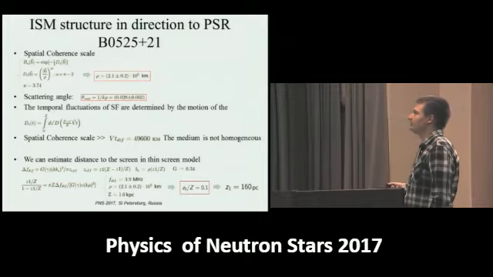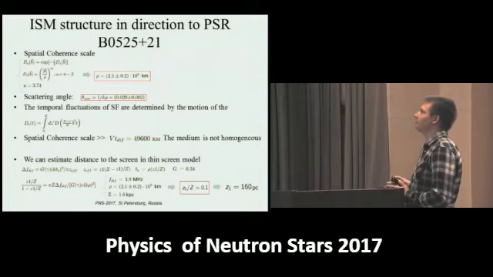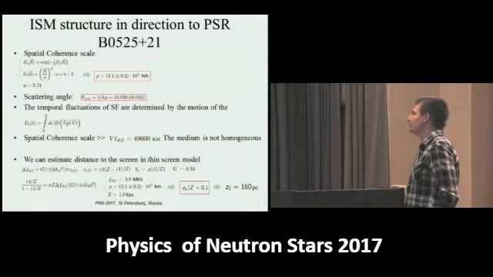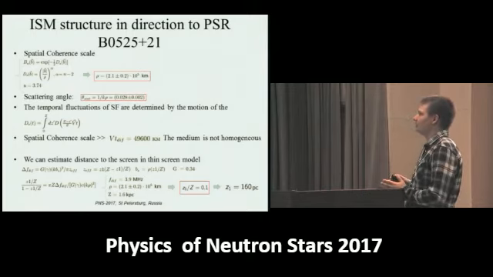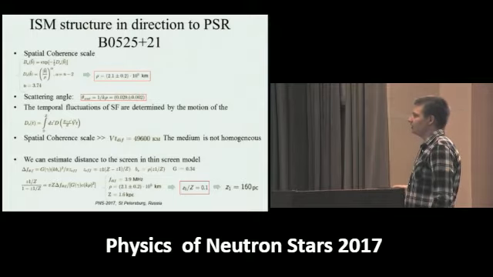You can see that our spatial scale is much larger than the scale associated with the velocity of the pulsar, and this means that the medium is not homogeneous, and the center of mass of our medium is shifted toward the pulsar. And with a model of one single screen, we can estimate the distance to the screen,